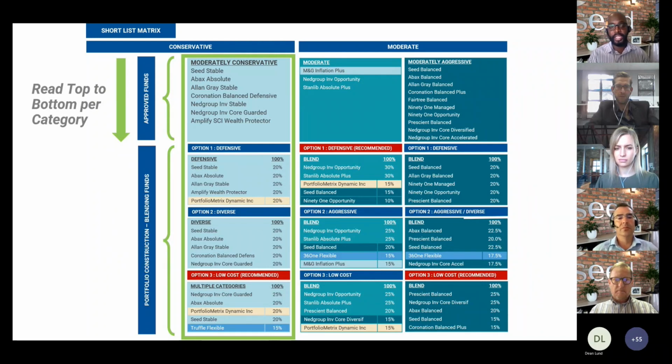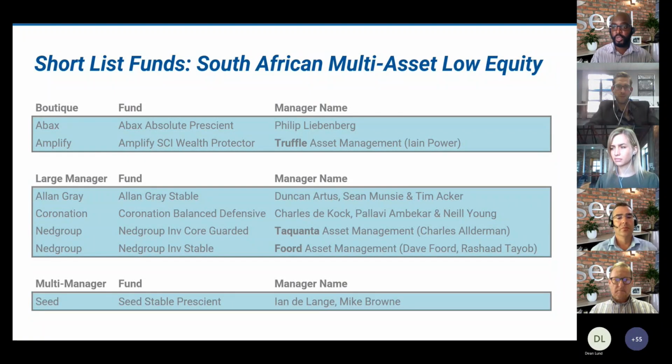If we move on to the next slide now, to go through the individual funds that we've got on the shortlist in this low equity category. Before I go into these funds, I want to highlight two funds that are not on this list. One is the Portfolio Matrix Dynamic Income Fund, which we discussed in the last section. It's an income fund, but quite an aggressive income fund, which we think, because of its relatively higher volatility, can be grouped with these multi-asset low equity funds, in as much as it doesn't have any equity within that fund.